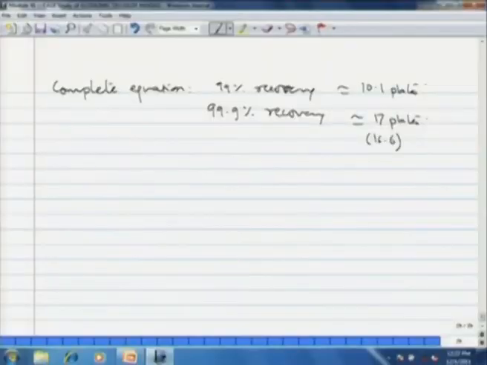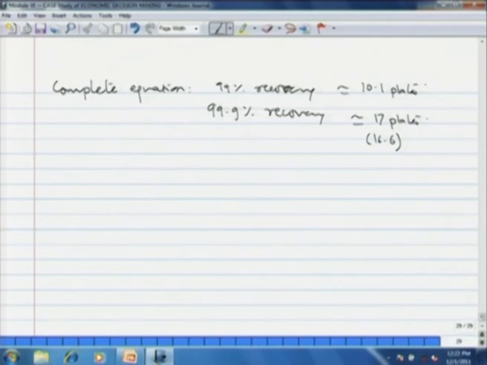Therefore, such kind of simplifications are needed, or we have to go for simplification of design equations so as to design a particular equipment to the point where we can estimate its cost. Now, in the present situation, the cost of absorber will be determined mainly by the number of plates, because number of plates will determine the height of the absorber. The diameter will be determined by some other factor that we are going to see later in the shortcut design procedure. Okay. So, this is how we have designed the main equipment of the process using a simplified expression.